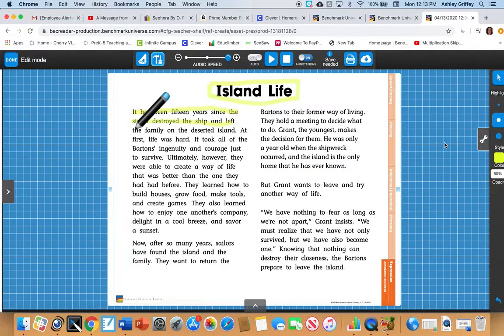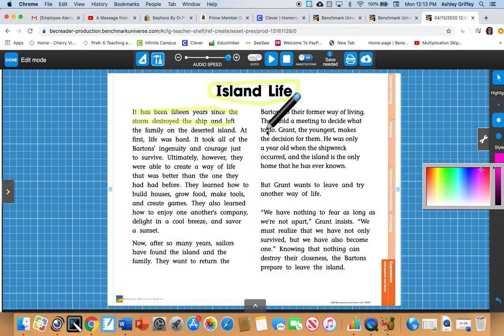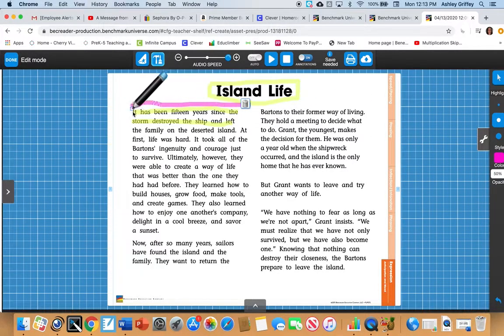Okay, I'm going to go back and I just want us to think about, as we were listening to that passage, did you notice the change in my voice? Did my tone of voice change as the mood in the story changed? So we know that in that first paragraph, I'm going to change the color of my highlighter here. In this first paragraph, it's pretty serious, correct? So we know that as I was reading that,